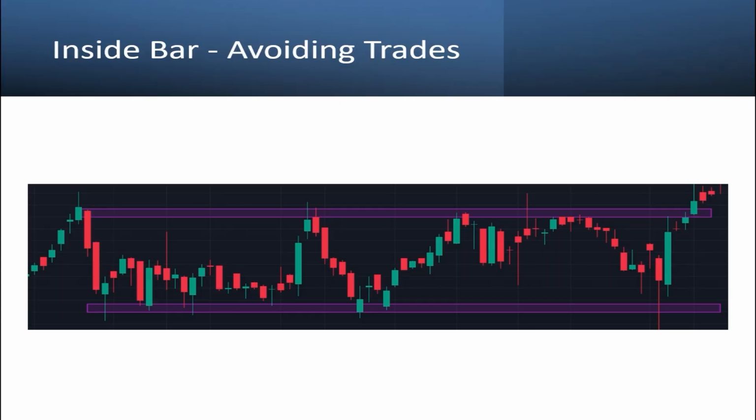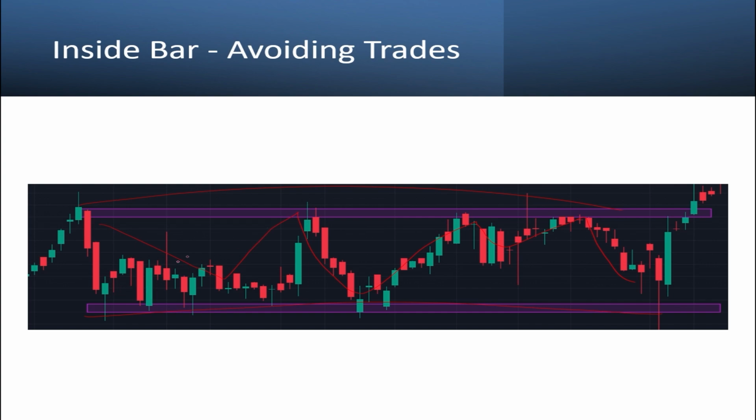One crucial aspect of this strategy is knowing when to avoid the trades. If the market is range bound, so if you see over here, this is a range bound market, right? It's just going up and down and up and down. So this is a range, and this particular stock is going up and down within this range. If the market is range bound or moving sideways, it's best to avoid the inside bar trade,